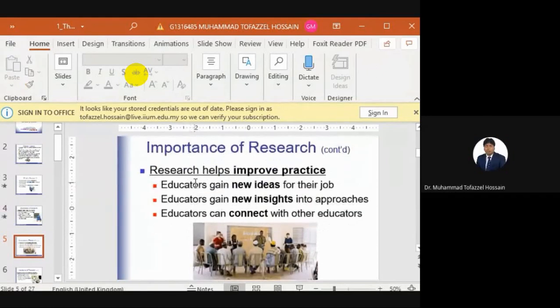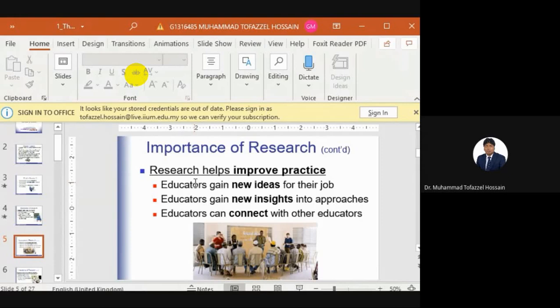Research helps improve practice. Not only knowledge, it also helps improve practice. So how can it help improve practice? For example, educators gain new ideas for their job. For example, you are the teachers of the 21st century. How can teaching be more effective? So if you get the research,